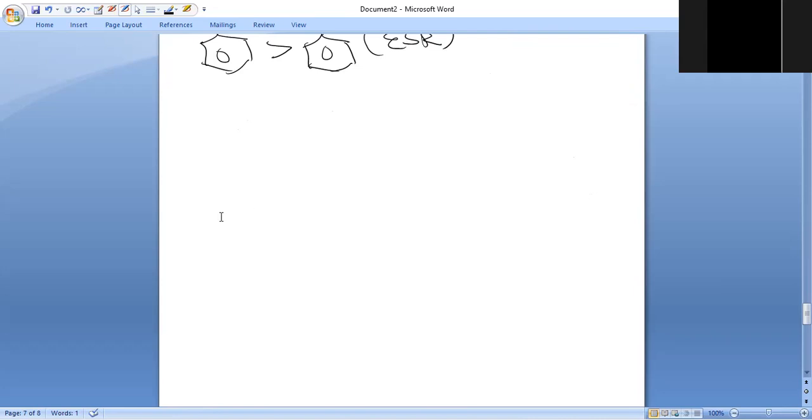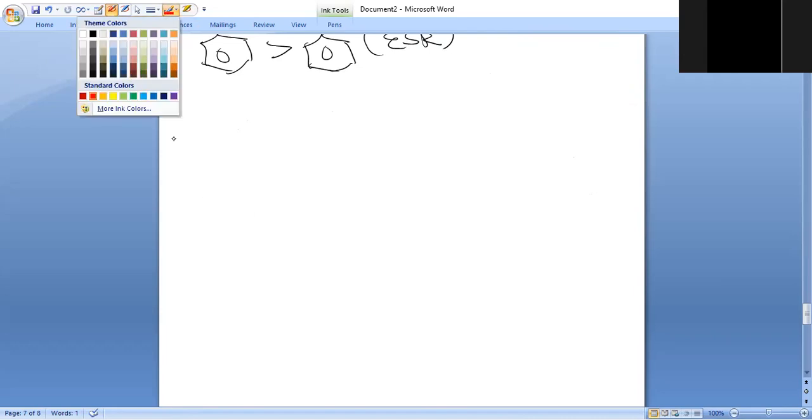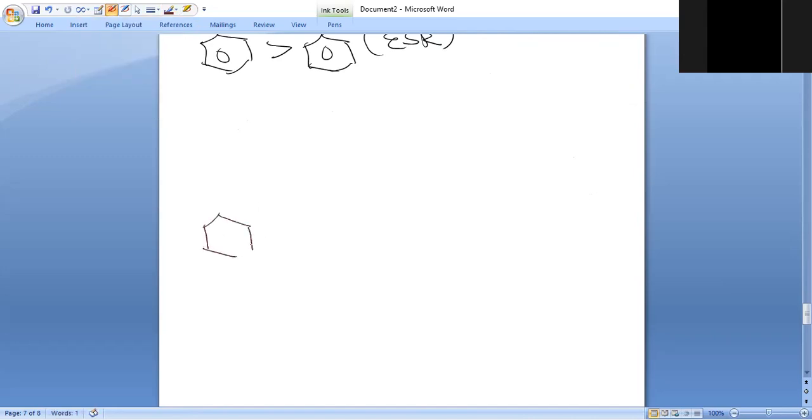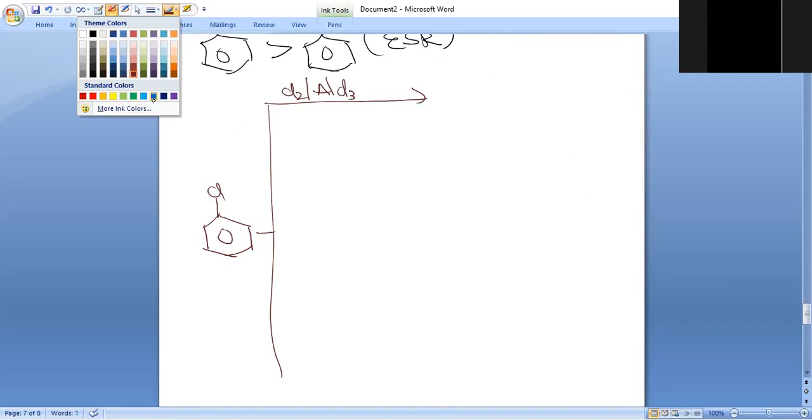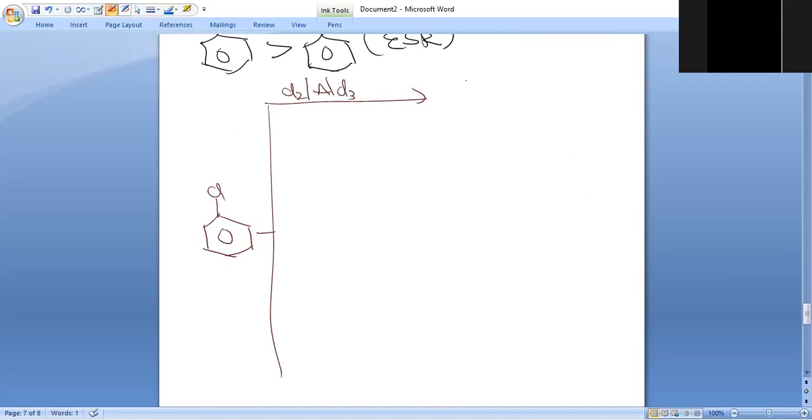Now, if you're taking some reactions related to this one, I'm taking chlorobenzene. First, I'm doing halogenation. Halogenation means chlorine is added in the presence of AlCl3. In that case, what happens? It is ortho para directing. That's why the extra chlorine will come in the ortho position and in the para position. Para will be major.